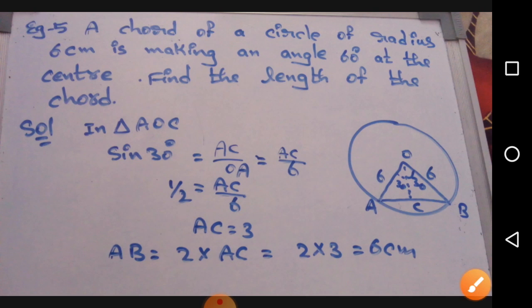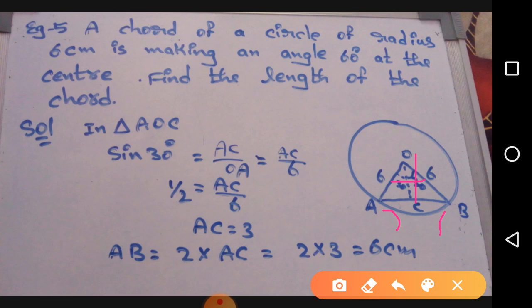This is the data which is given to us, and the angle made by the radii is 60 degrees. As we are dividing it, 60 becomes 30 and 30, and the radius is given as 6. Thus you can easily find it, but we'll go through this. Do remember the angle made from the center to the circumference, but let it be, you may forget that theorem. I'll not try to confuse you.